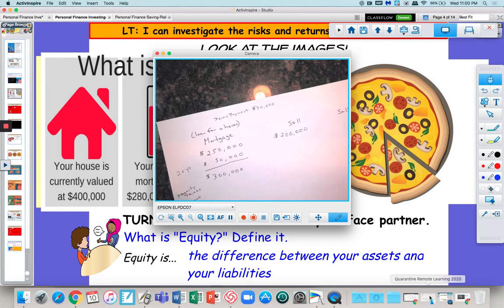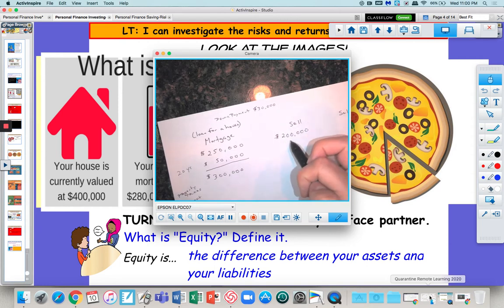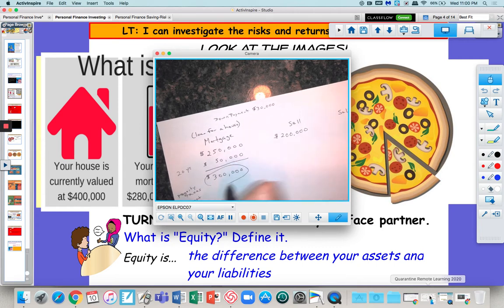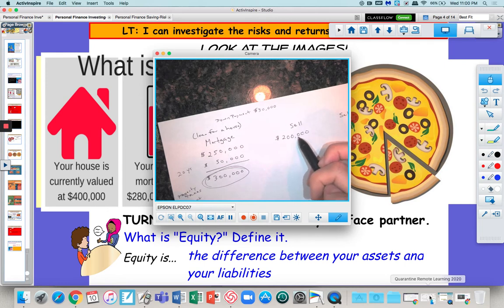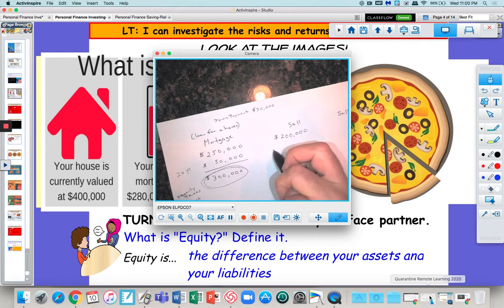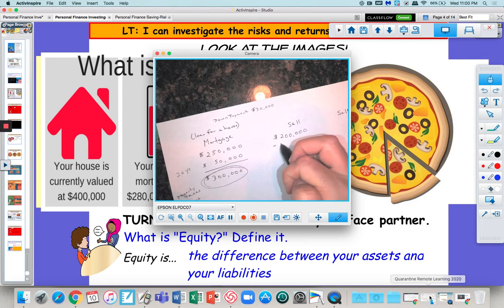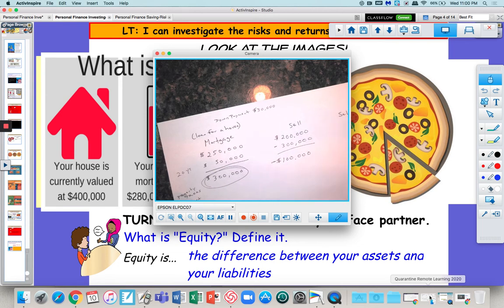Now let's say your parents get lucky and are able to sell the home for $200,000. Here's the thing, right? Remember what your parents originally paid. They paid $300,000. So if they sell the home for $200,000, don't forget they would have to pay taxes on this money as well. They technically, right, you got to do $200,000 minus the $300,000 that they put into it. So your parents actually lost money on that home, right?